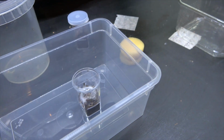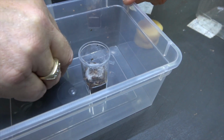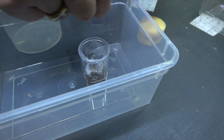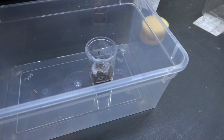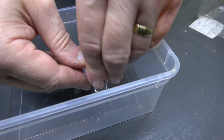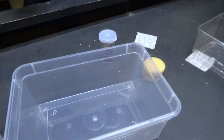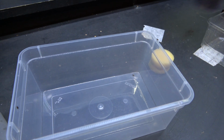Enough for you to play with, camera lady. We can literally just get hold of them. We can pick them up. There you go. There's a couple in there. So all we're looking at for these very small ones, we're only needing 2 or 3 in there at a time, and that is it. So now we're going to move on,